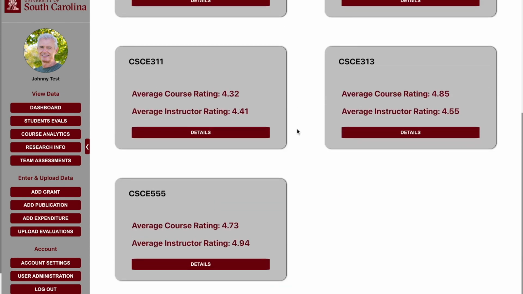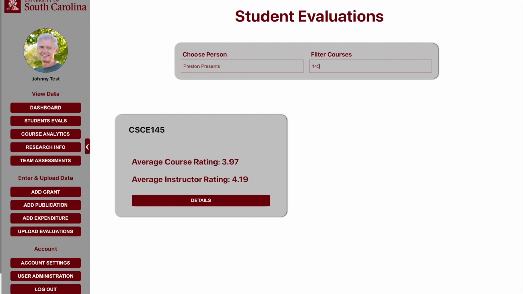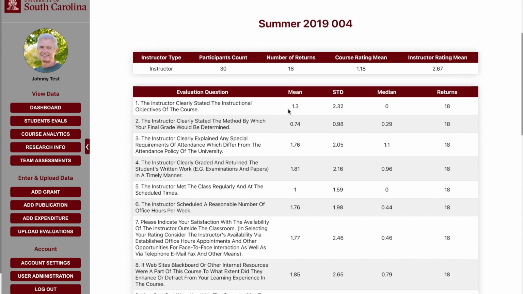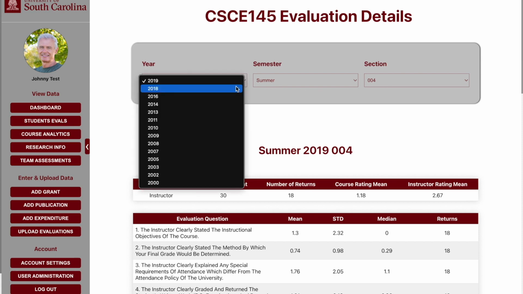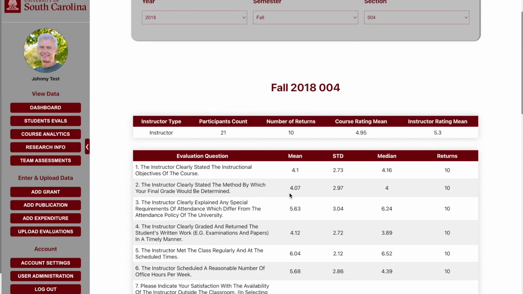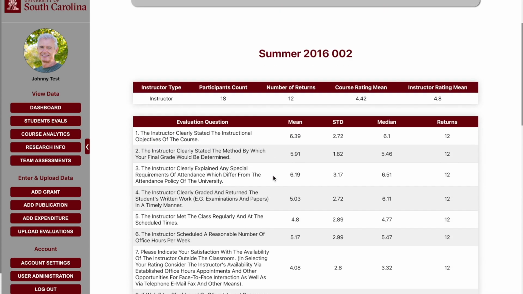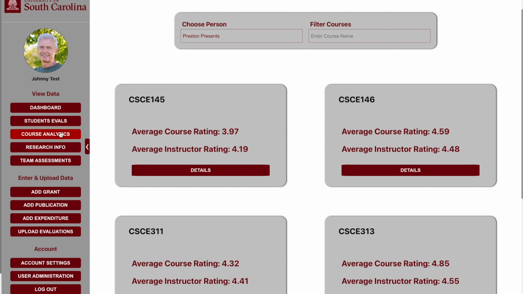So he scrolls through here. Maybe he searches for certain courses. He notices that this course does have a pretty low average course rating. So he's going to go to details to see some information per section for this course. So you can see here for this course, he's getting some pretty bad ratings in the year 2019 in this section. So he's going to look at some other sections to see how they look. So he was doing a little bit better last year, and even better before that. So it looks like there's a kind of a decline in his performance that maybe Mr. Test will look into. Or going back to course analytics,